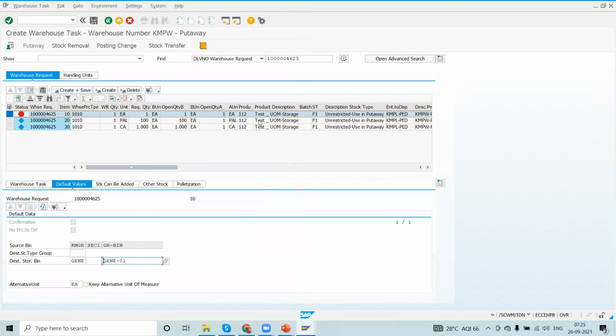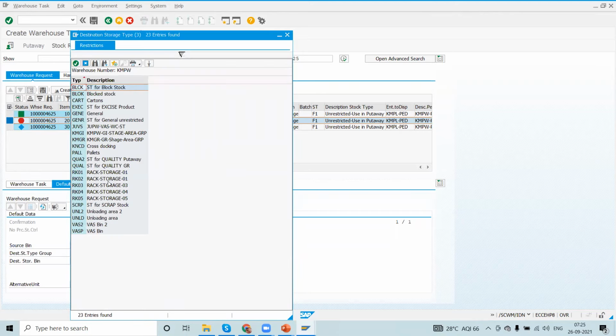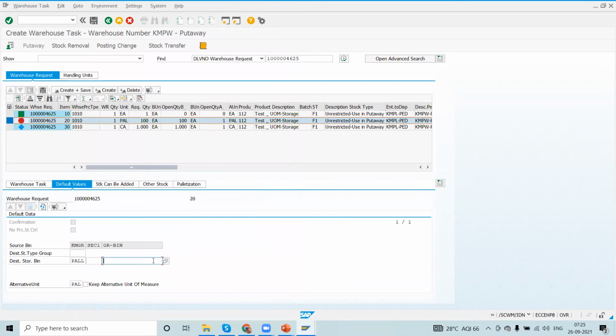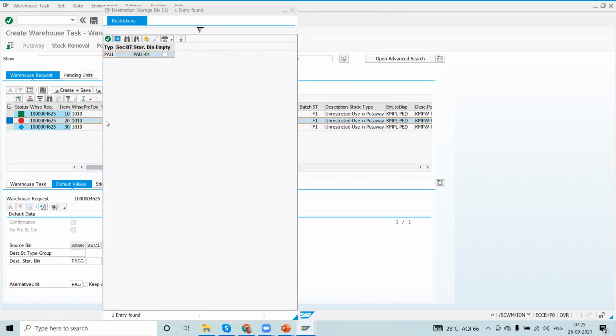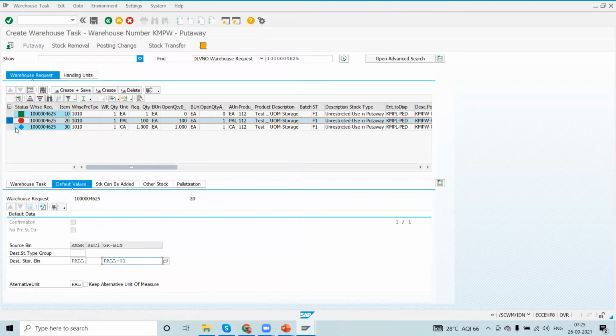And this one is pallets. So pallets I can store in the pallet storage type. In the next class, I'll show you the configuration to take all this automatically.